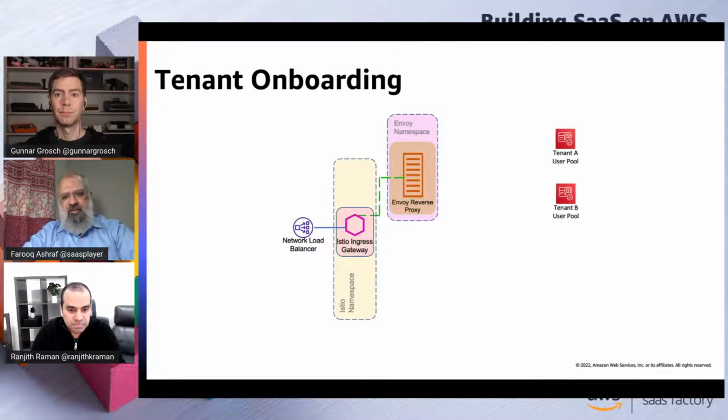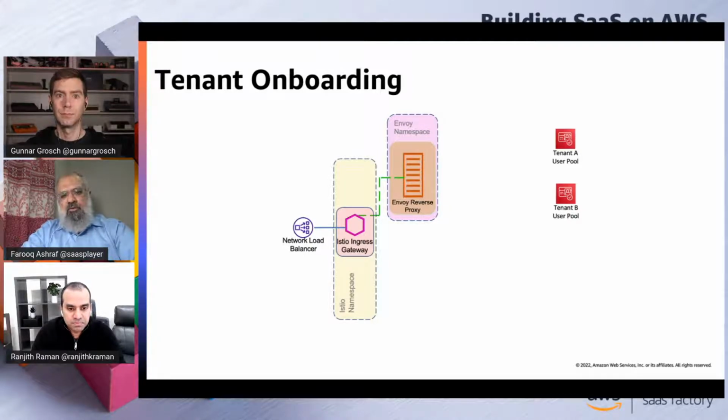So imagining that we have 2 tenants that we want to onboard, it could be 1 or 2 or more, and you can automate all these pieces. What we've done is we've written shell scripts and Python code to automate tenant onboarding, but you could practically use any CI/CD mechanism that you have existing in your environment to onboard tenants.